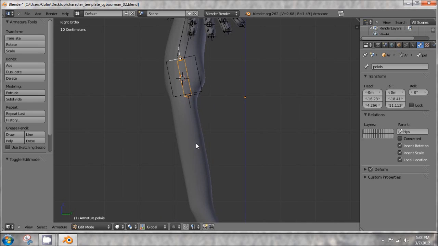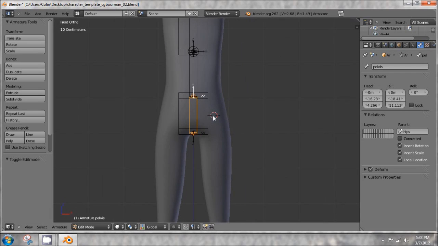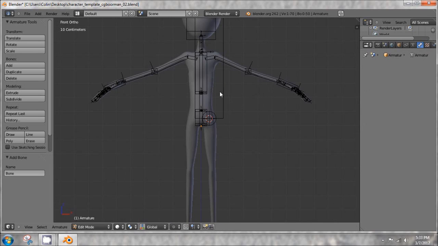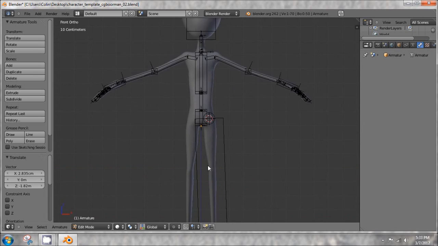I have the gizmo turned off right now. If you click this little three-way axes button, it turns that gizmo off. That gizmo could get in the way when you're putting the 3D cursor in your scene, so I have it turned off sometimes. So let's go ahead and put that 3D cursor where we think it should go, and press Shift A in edit mode, of course, to add the new bone, and we'll move it down to the ankle approximately,